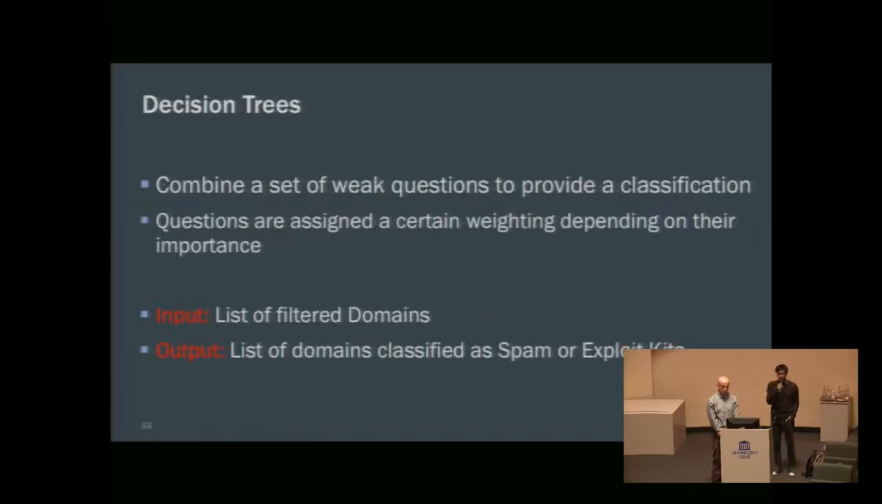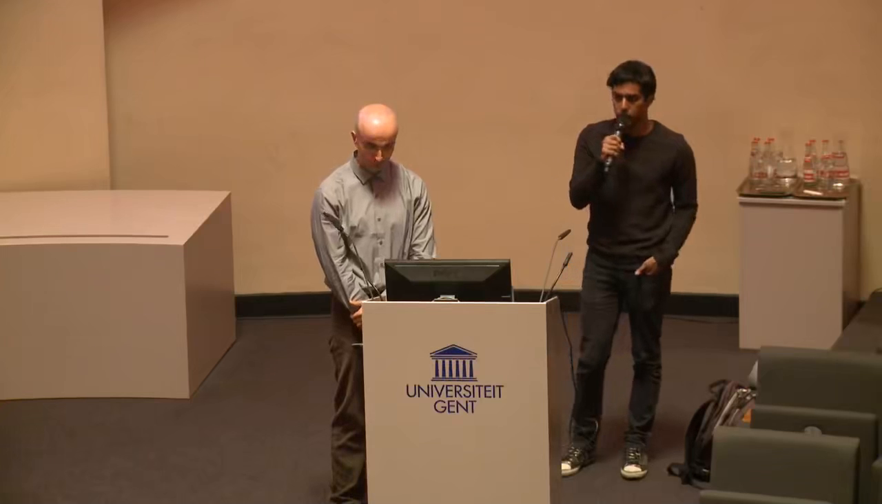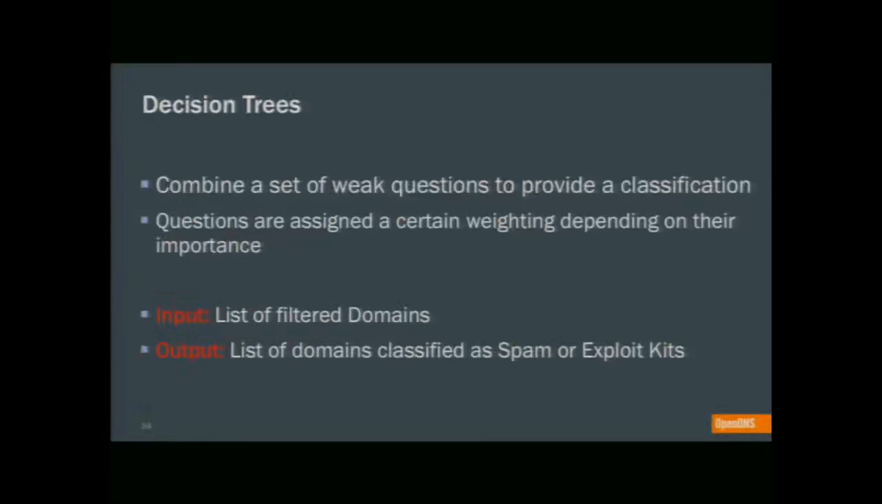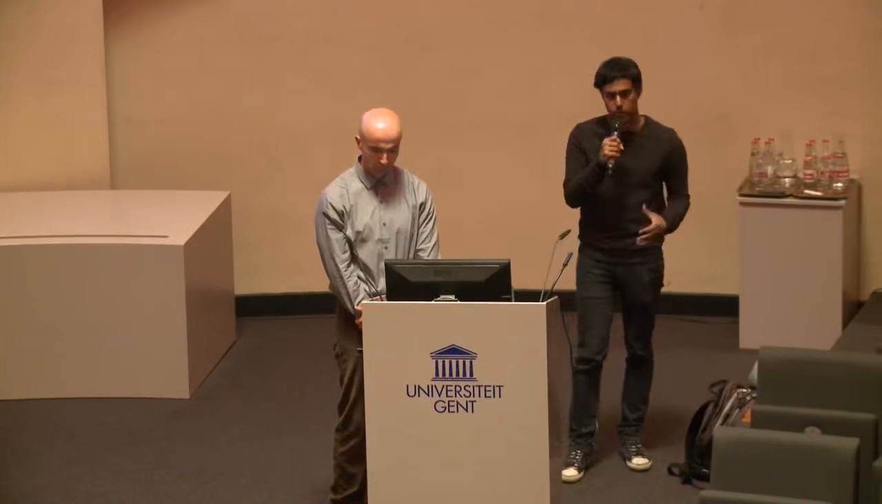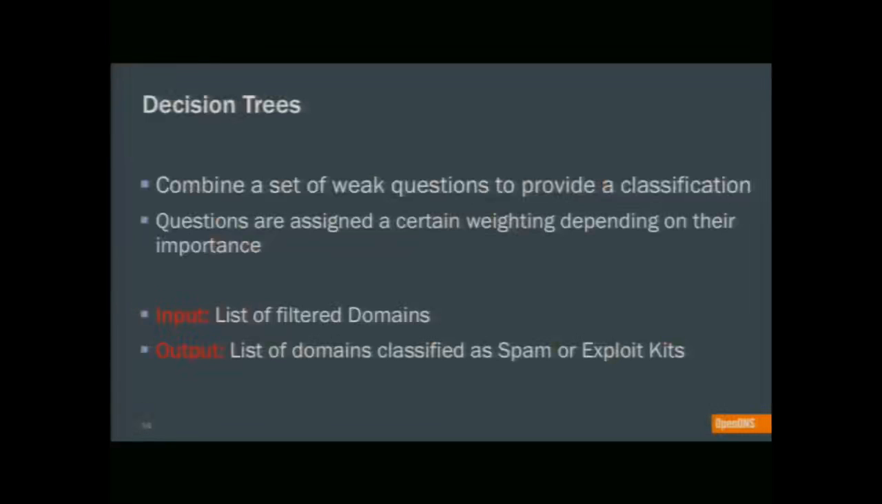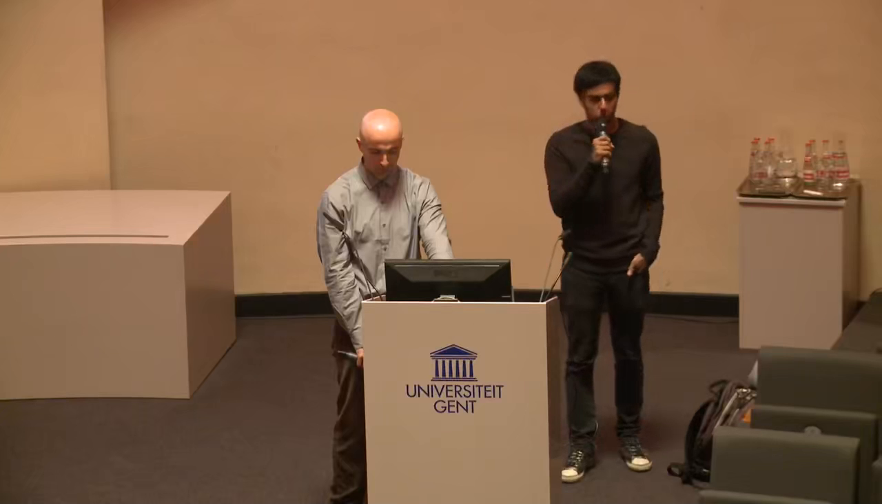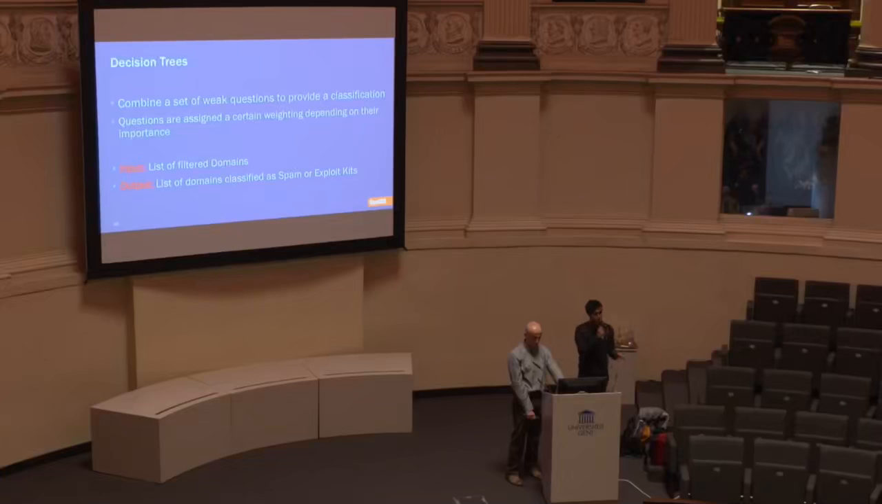So we decided to use probably the most basic of classifiers, which is a decision tree. The idea behind a decision tree is to have a set of weak questions that we can all combine together to provide a form of classification. Once we go through the process of training the classifier over a training set of data, each of these questions is given a certain level of weight. So when a domain passes through a decision tree, as it is asked each of these questions, its output response helps it follow down the tree and end up in a certain classification bucket. So what this meant was we would pass in a list of filtered domains, and then